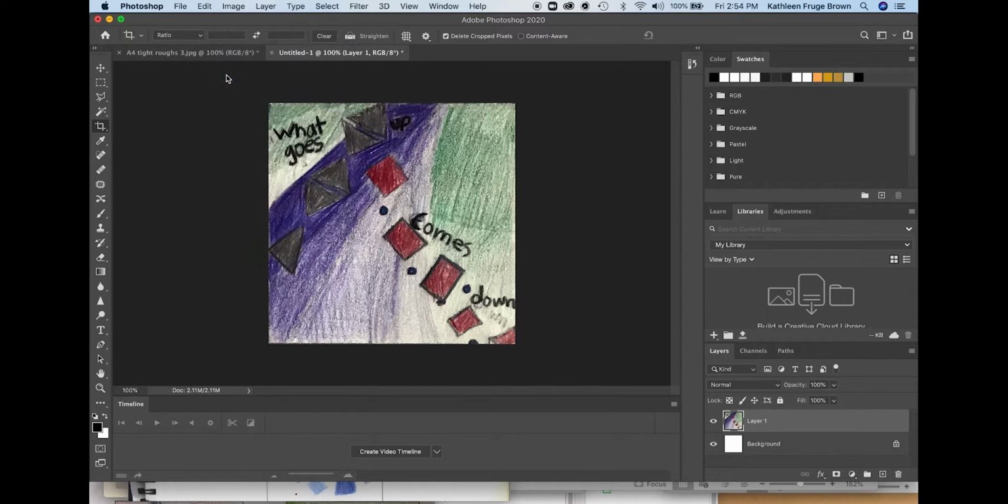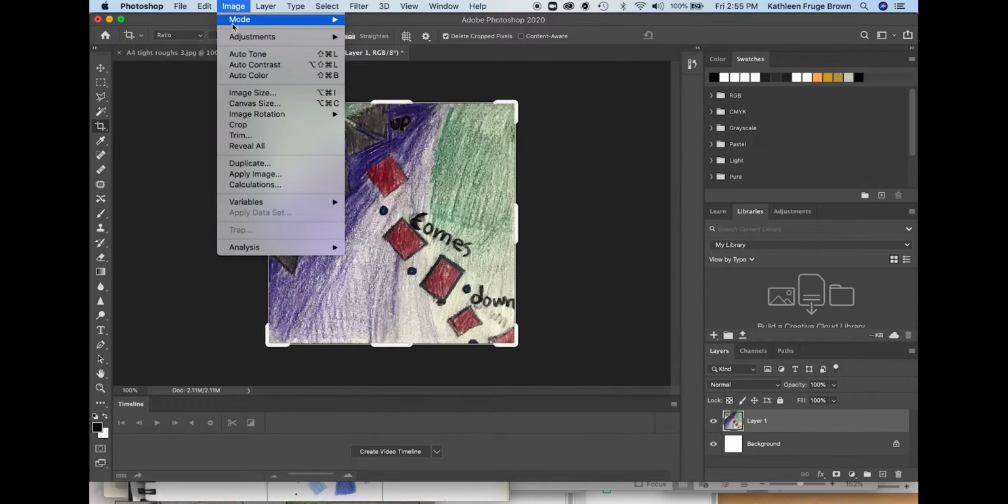You can also try auto color, and that didn't seem to make a very dramatic effect. But I think that I like what happened with auto tone. I'm going to Command Z to undo auto color, and I think I'm going to leave it like that. There are many, many other adjustments that you can make under the image